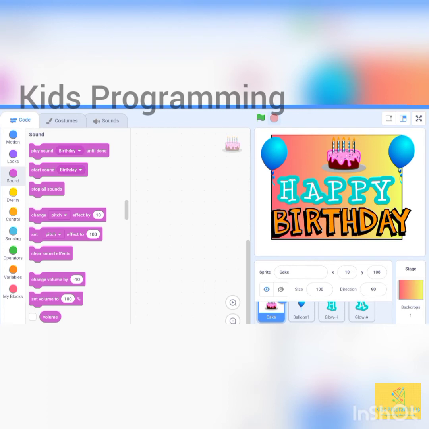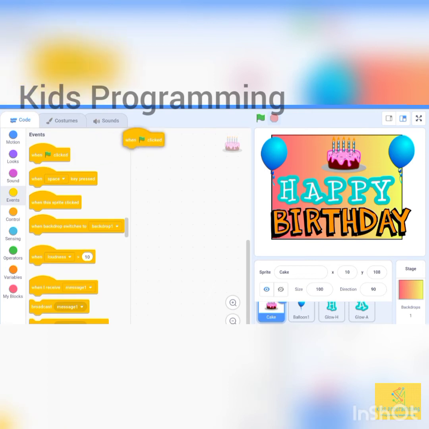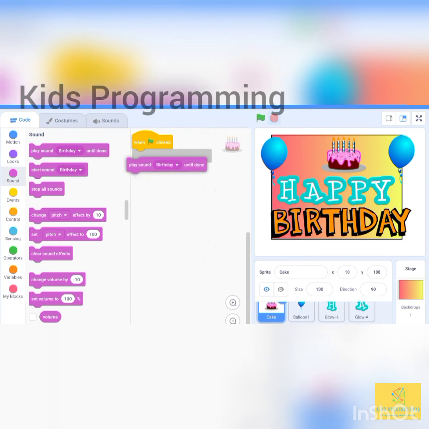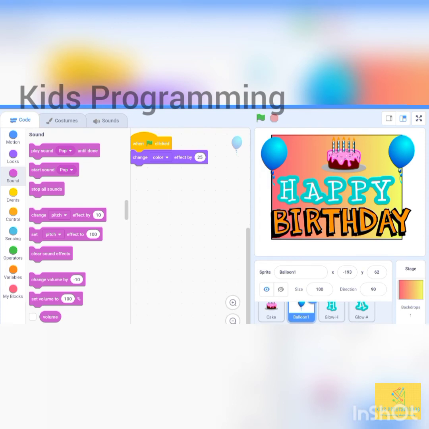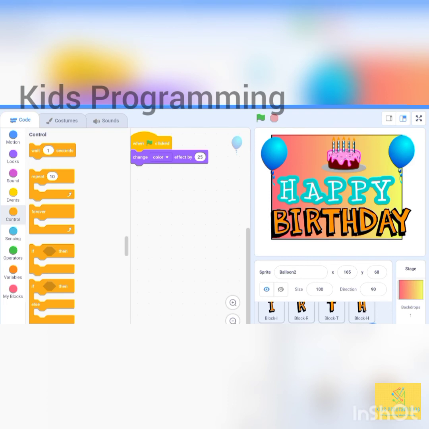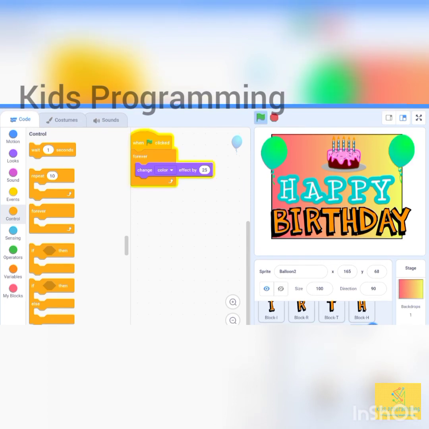For example, I have added two balloons, and when the green flag is clicked, play sound birthday until done and come to the balloon 1. When green flag is clicked, change color effect by 25 forever. Same to the balloon 2. Now if I click this green flag,